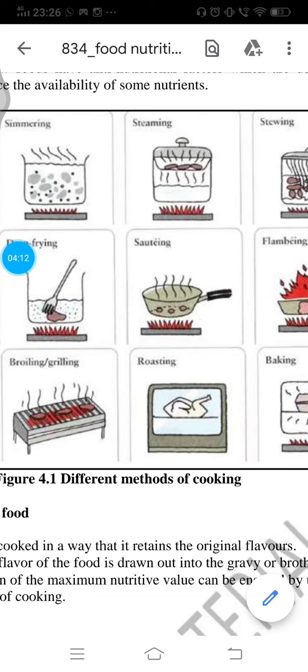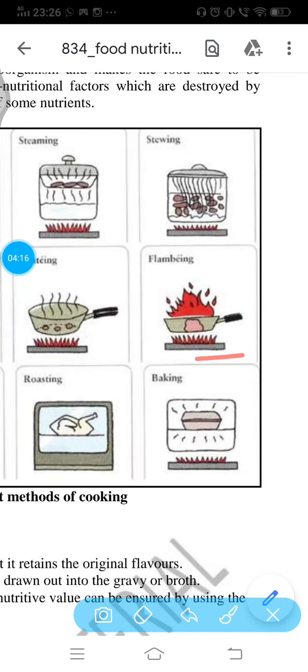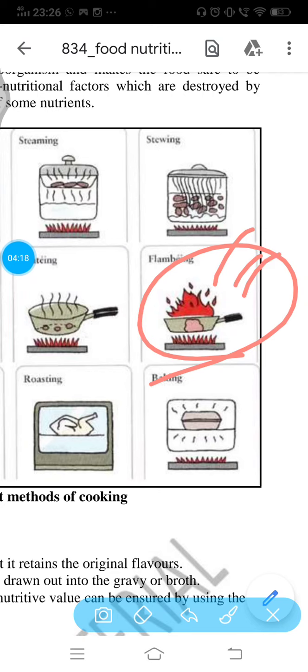Then the next one here is flambing. अब flambing क्या होता है? Let us understand flambing. You can see fires coming out here and a pan is kept, and on the lower side you can see a flame. Now, how does the fire come over the food? It doesn't mean that you take a matchstick and put it on the food and the food catches fire. No, it's not like that कि आग लगा देनी है उसमें. But what is it then?